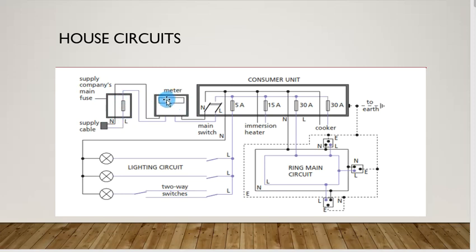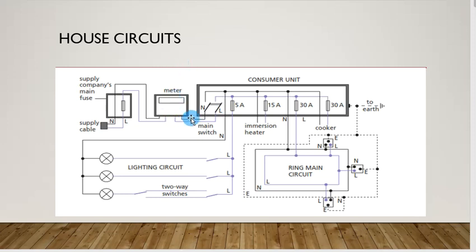Okay, so from the supply company's main circuit breaker, we have our meter here. In the recent past, the meters were able to tell us how much energy we have used, so that we can be billed from here. A person from the supply company would come and read the meter, and then they'll bill us. But these days we know that we are in the prepaid era, whereby you have to buy energy that you are going to use, and the meter will simply be telling you how much you are remaining with, so you can control how you are using your power.